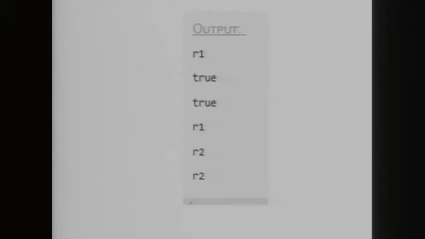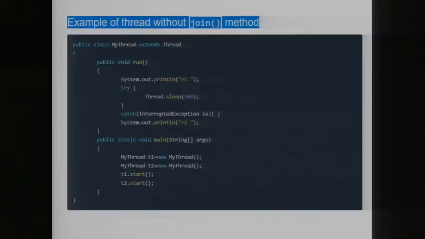Now, let's examine an example of threads without the join method. So here in this program, we have two threads, T1 and T2, getting created. T1 starts first, and after printing R1 on the console, thread T1 goes to sleep for 500 milliseconds. At the same time, thread T2 will start its process, print R1 on the console, and then go into sleep for 500 milliseconds.